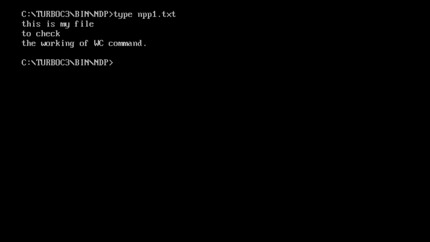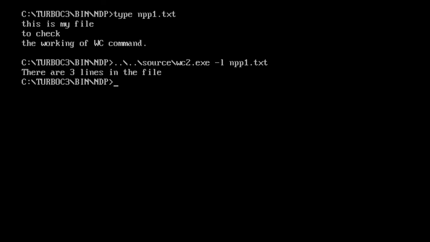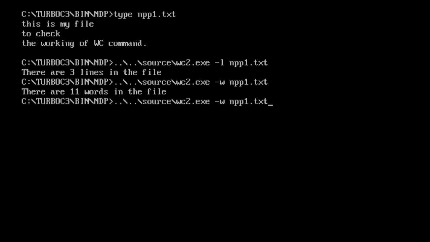I will execute my exe with its exe name, -l and file name, which is npp1.txt, enter. So it has given me the count, which is correct, 3 lines. Let us check the word count with the -w option, 11 words, and finally the characters, 52 characters.